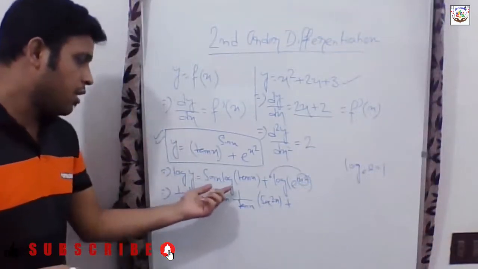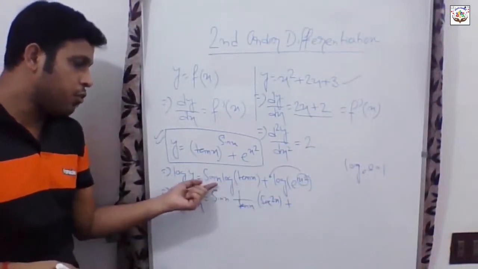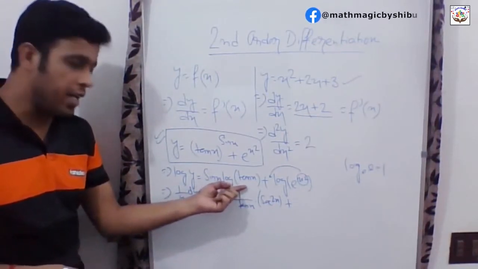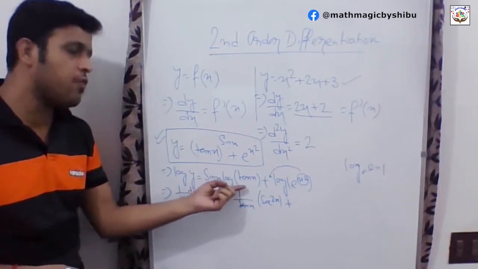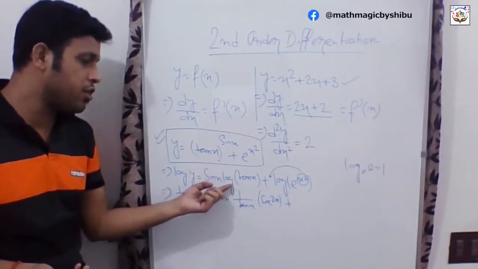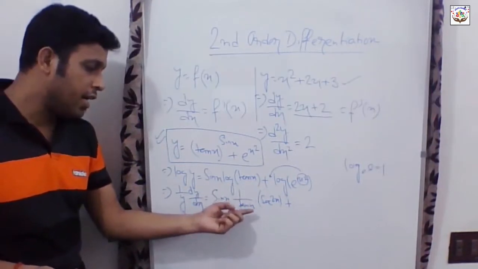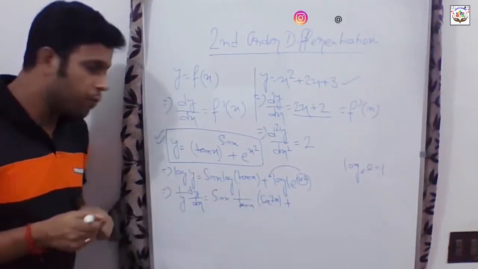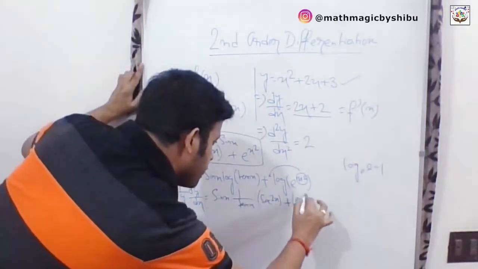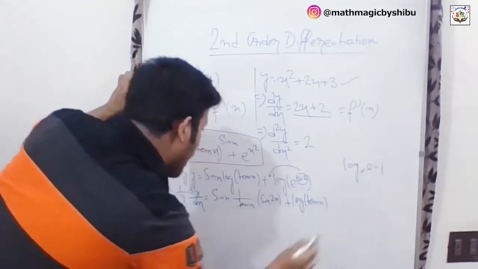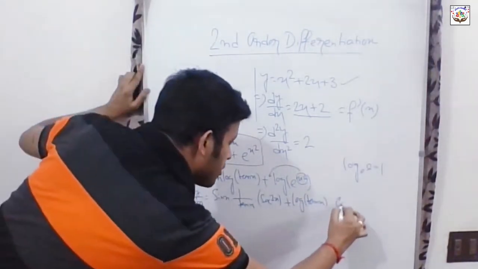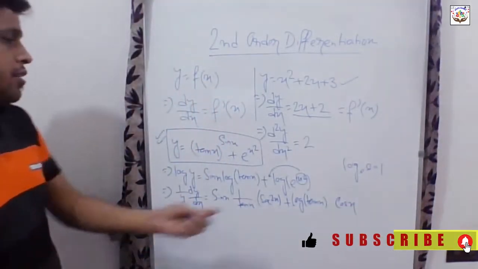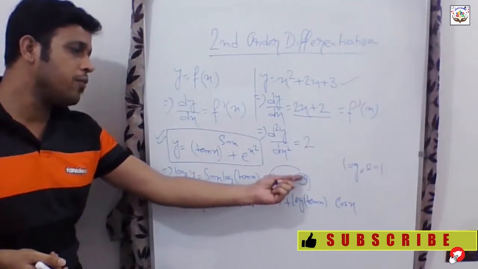As we have considered sin x and log tan x as u and v functions. So at first sin x is constant, then differentiation of v is 1 by tan x, meaning differentiation of log x means 1 by x, so differentiation of log tan x is 1 by tan x, and again for the tan x we need to differentiate it, it will be sec square x. Now log tan x will be constant and differentiation of sin x will be cos x. Okay, getting my point?